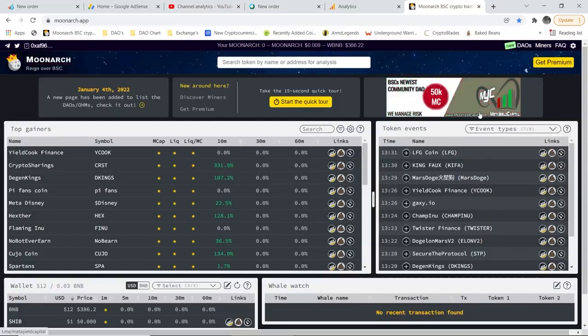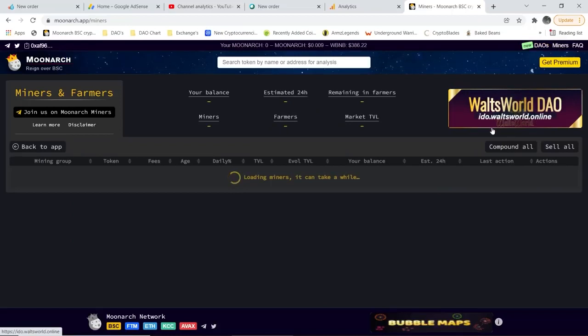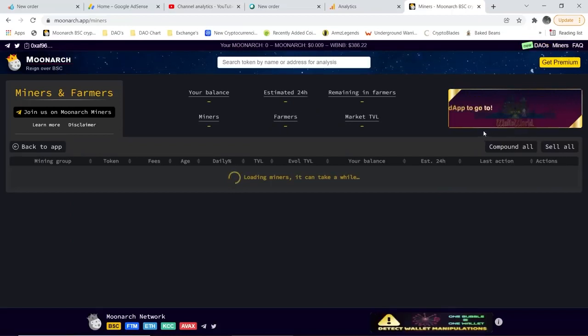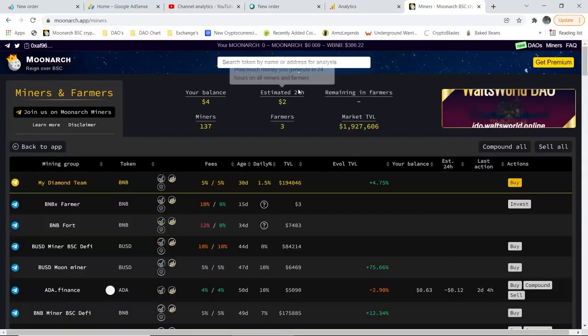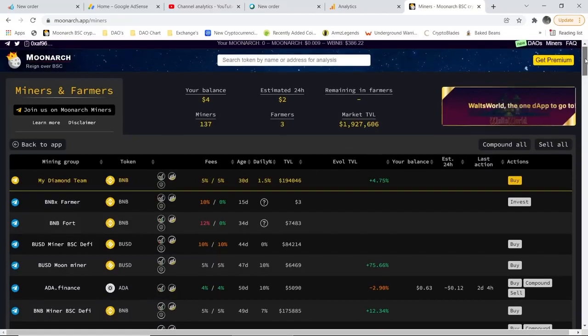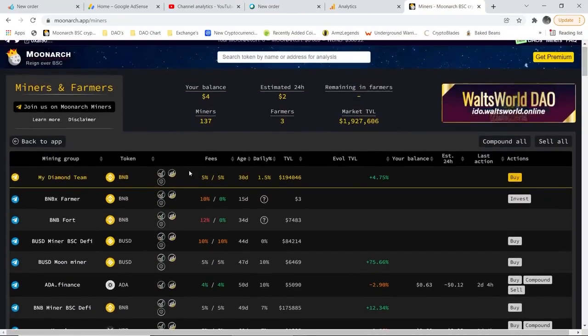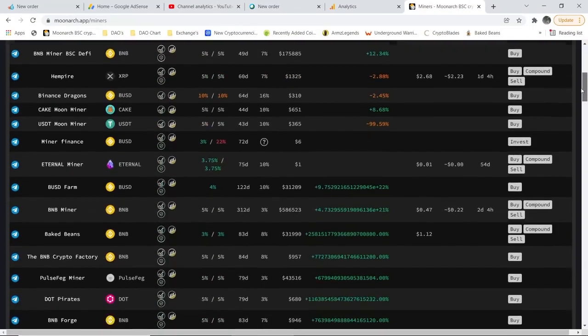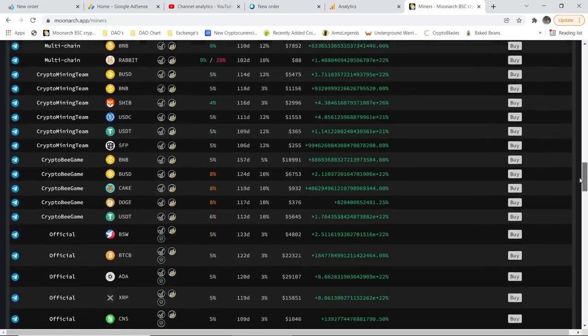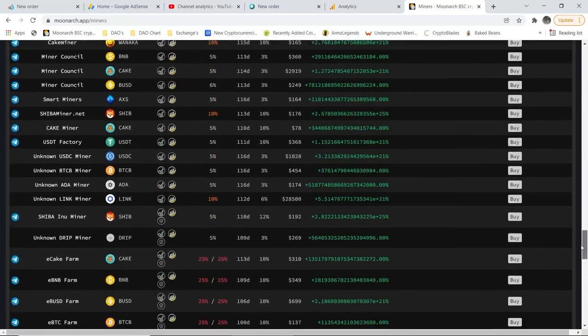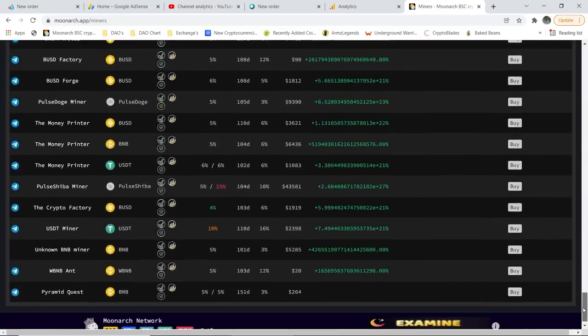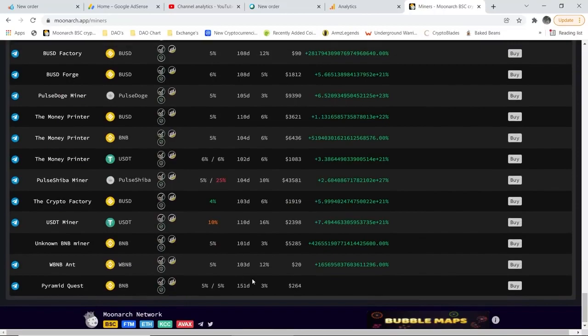But what's also good about Monarch is up here in the top right hand corner they have a miners option, which has been really useful over the following months. The good thing about this is they link all the miners available and put them all in one place for you. So you can go through and they have the latest miner released up top, and so on and so forth down the list. As you can see, they have quite a selection of all the miners, or most of the miners, anything relevant to trade that's been released